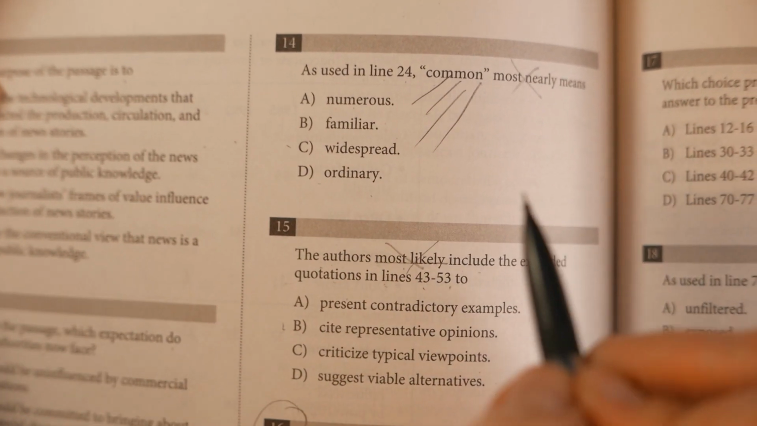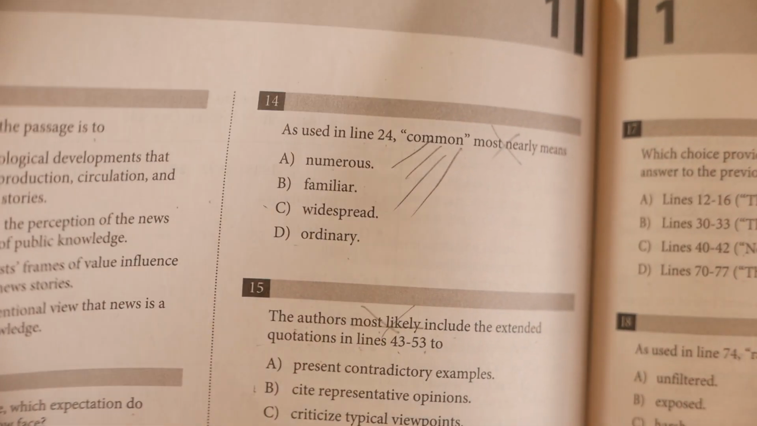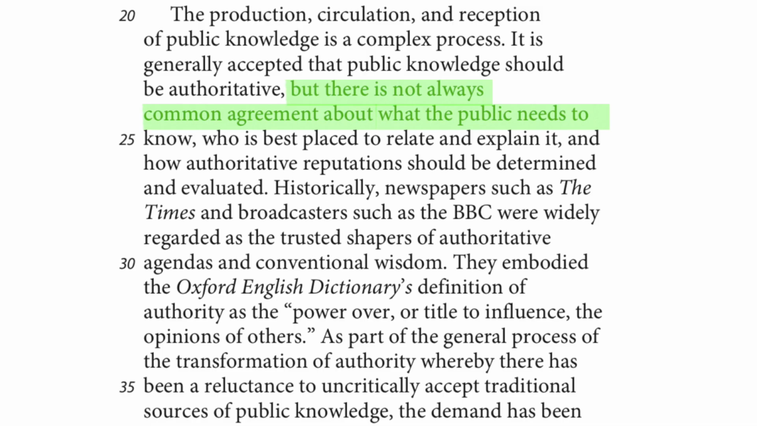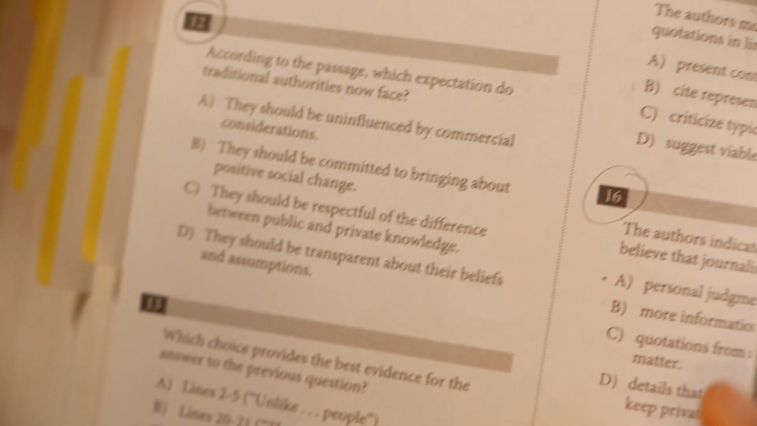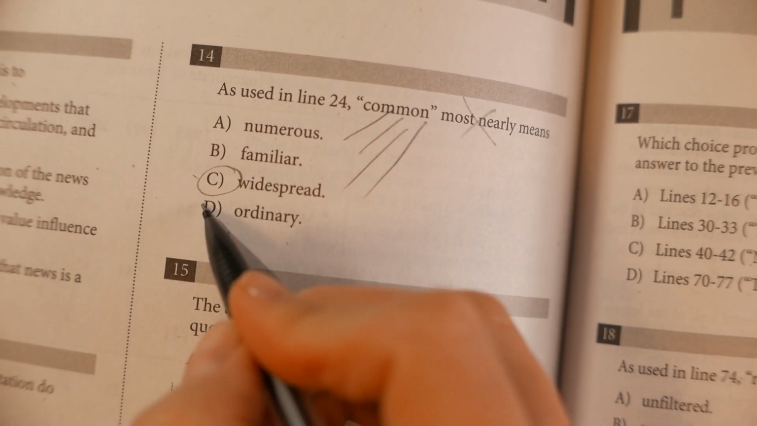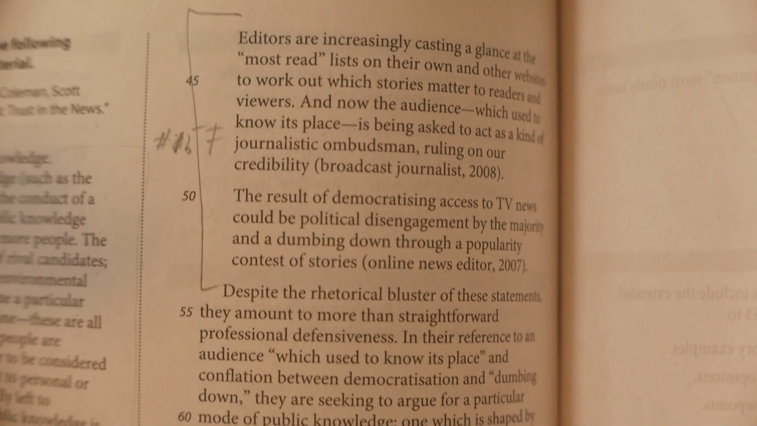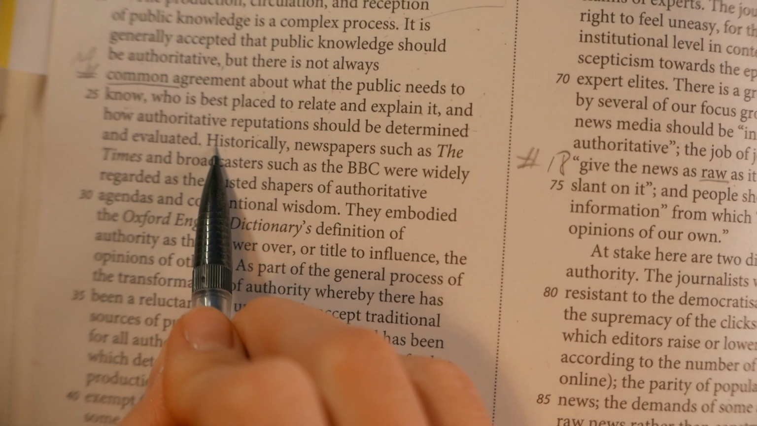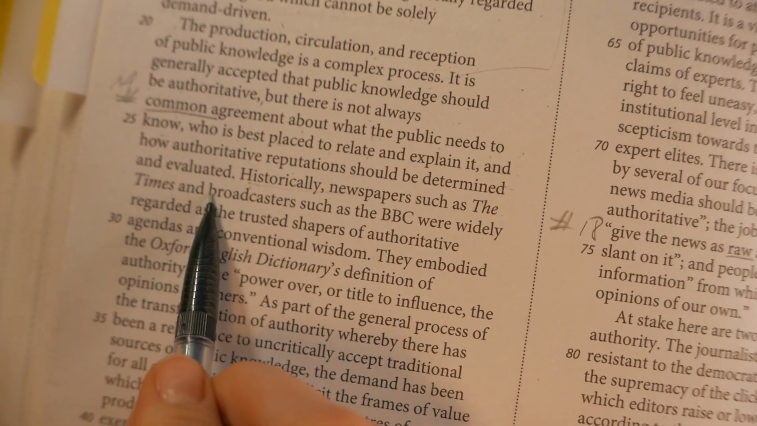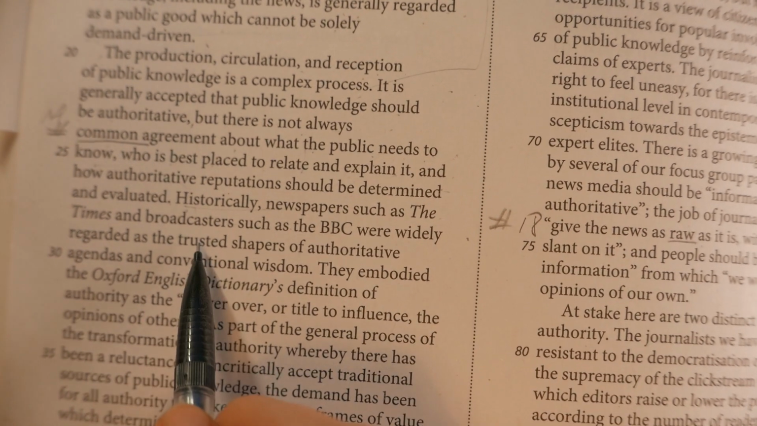But in this particular sentence, we have to choose one that could be easily plugged back into the sentence. There is not always some kind of agreement about what the public needs to know. There's not always a widespread agreement. Ordinary agreement, no. Familiar agreement, no. Numerous agreement, no. Widespread agreement. Great. Let's continue. Historically, newspapers such as the Times and broadcasters such as the BBC were widely regarded as the trusted